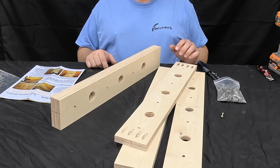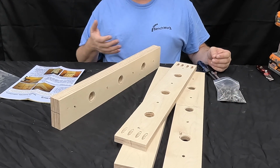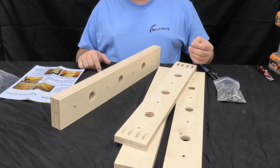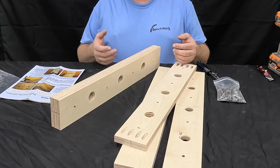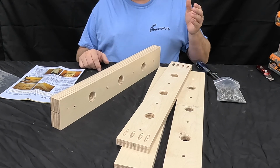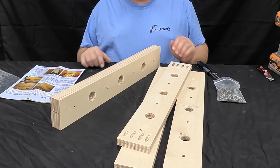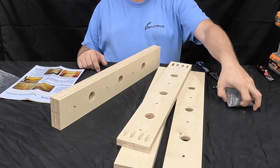So, you know, inevitably, like most model railroaders, when you build a layout, you're going to make changes over time. So this allows you to easily remove or relocate a cross member. So if you put in a turntable, for example, last minute, you're not there with a Sawzall or a jigsaw trying to cut through cross members. You can just pull out the screws, slide it over, put the screws back in, and you're done. So installing screws